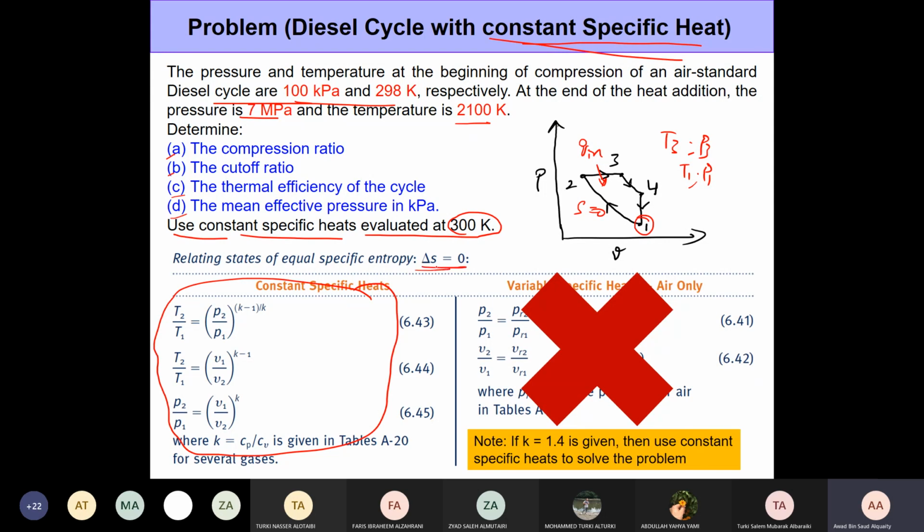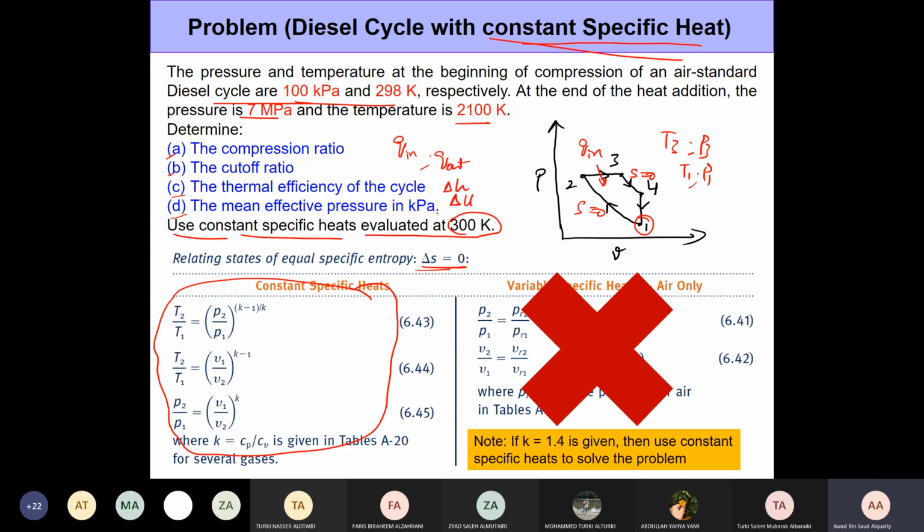So this can be used only when the process is isentropic, and we have 2 isentropic processes here: the compression from 1 to 2 and the expansion from 3 to 4. For the other processes, of course, we cannot use this temperature-pressure ratio, but for those other processes, when we're trying to calculate Qin, let's say, or Qout, it usually comes out to be the difference in enthalpies, for example, or the difference in internal energies.